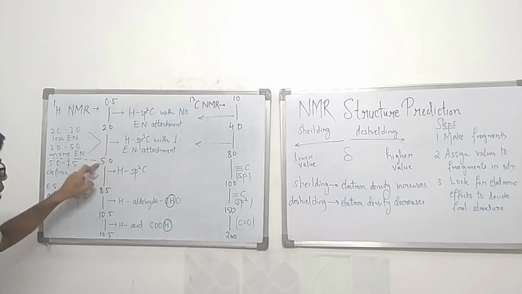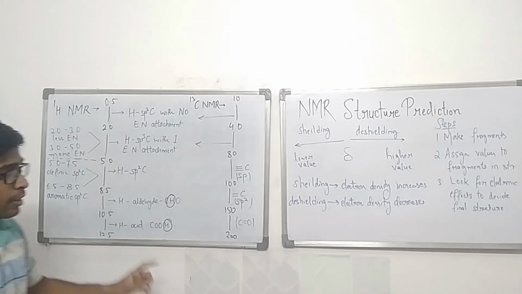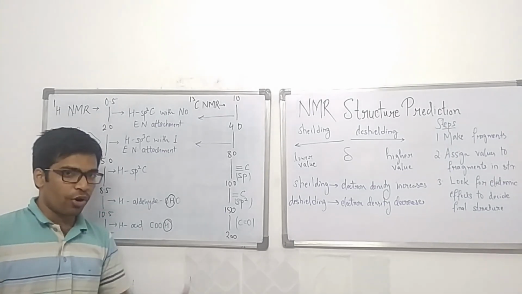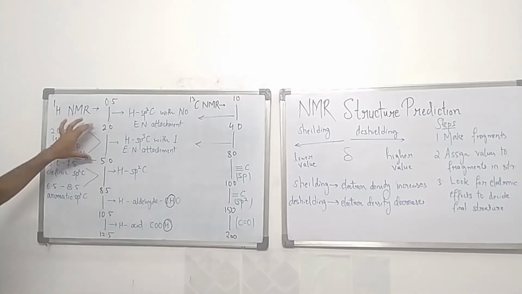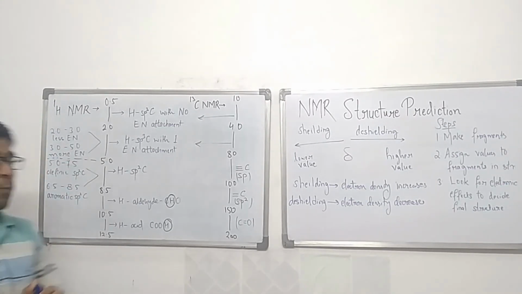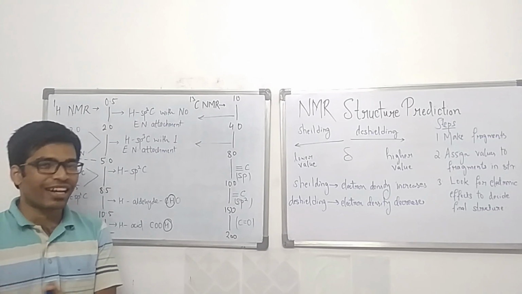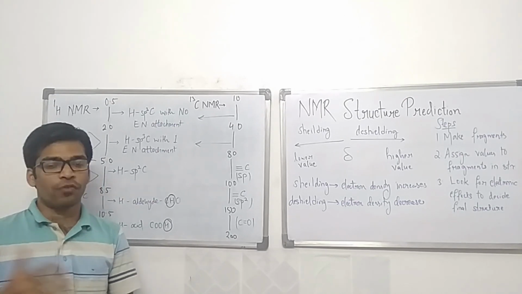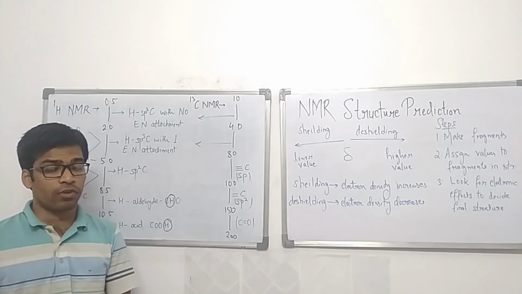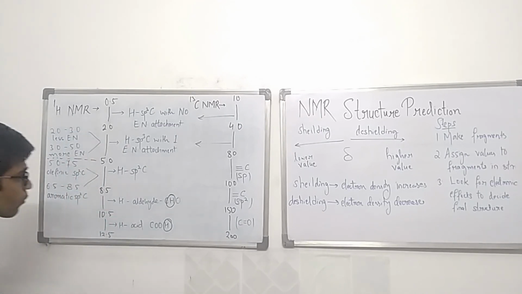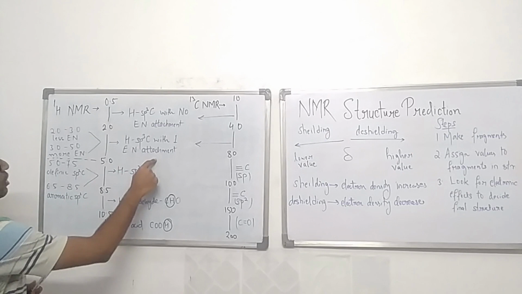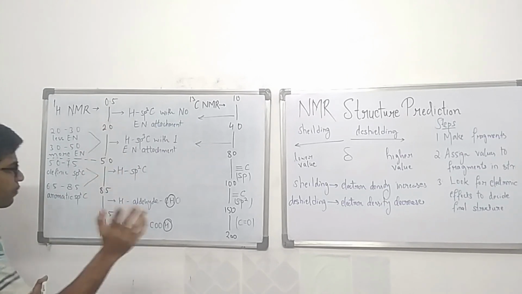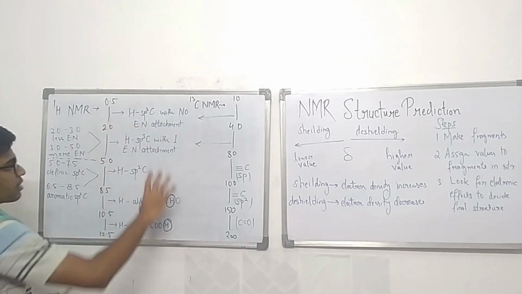Similarly, from 2.0 to 5.0, the carbon will still be sp3, but it will have one electronegative attachment. That electronegative attachment may be low electronegative or high electronegative. Depending on that, it can again have two ranges: from 2.0 to 3.0, mostly less electronegative like bromine or iodine attached to that carbon atom. But if some highly electronegative atom like oxygen or fluorine is attached, then the value will increase from 3 to 4.5 or 5.0. Again, if instead of one electronegative attachment there are two, then the value will shift from 2 towards 5. Both of these cases are for sp3 carbon.